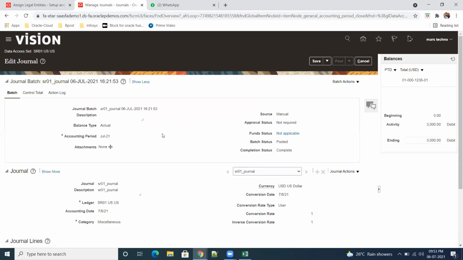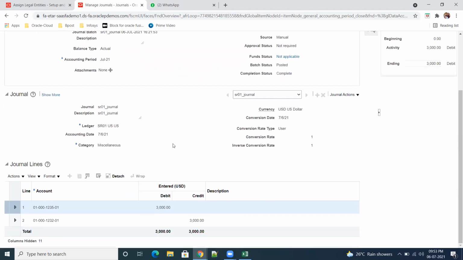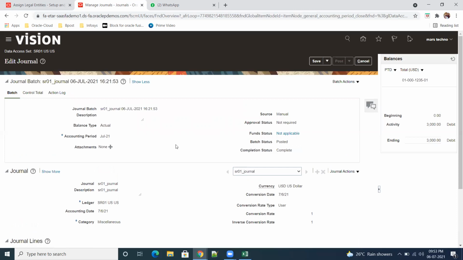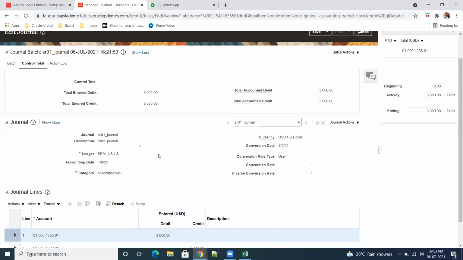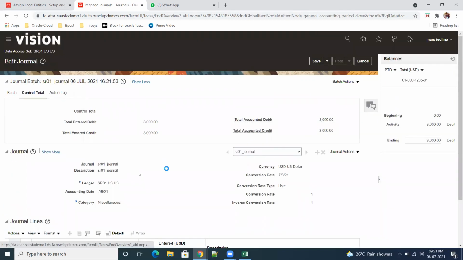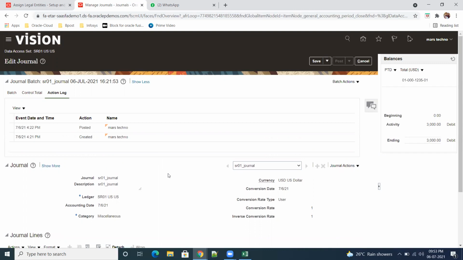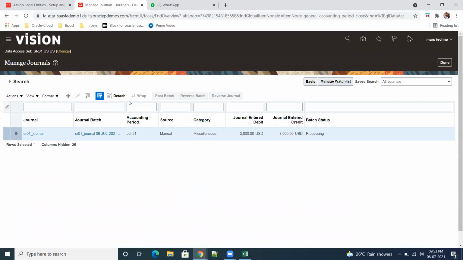Let me show more. Control, general lines. Okay, this is the one, I guess. Quarterly total entered amount.